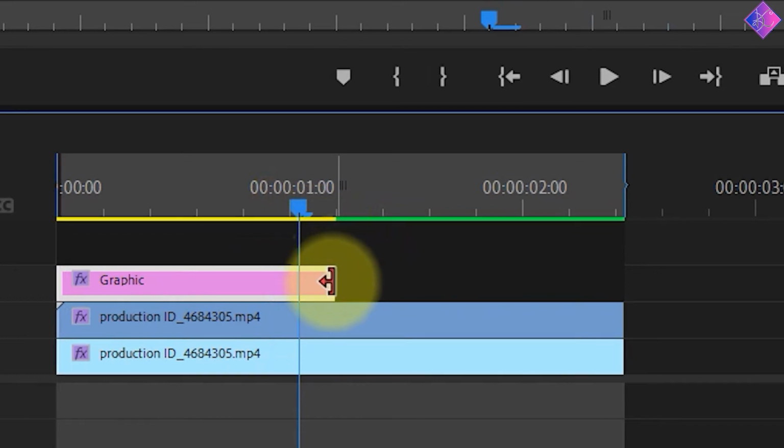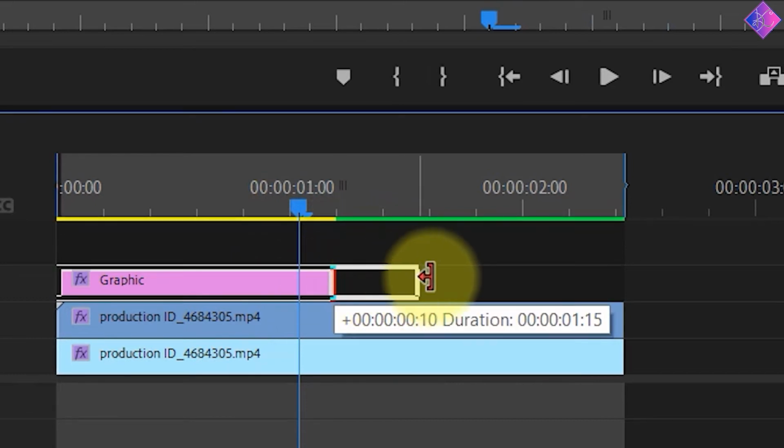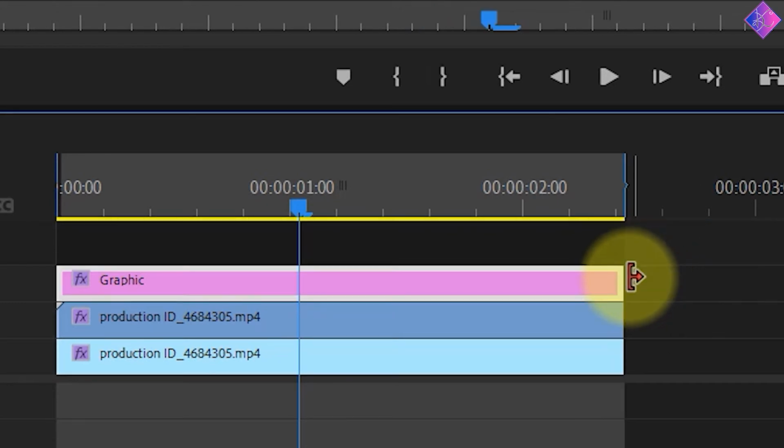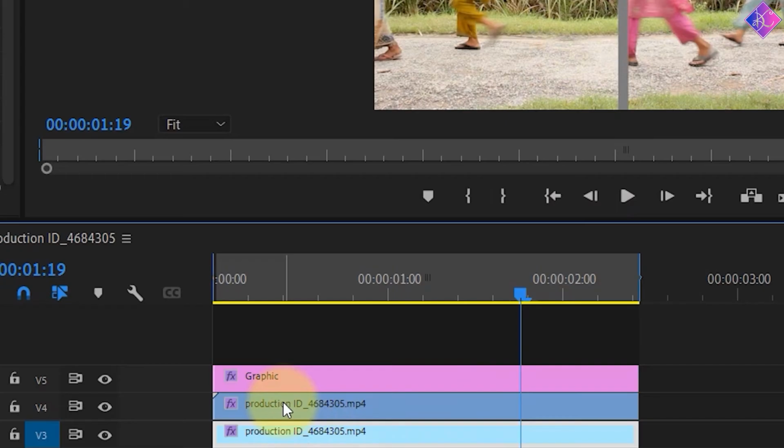Move your cursor to the corner of the clip until you see this red symbol. Then click and drag it to the length you want. I want the rectangle to last throughout the whole video, so I'm going to drag it up to here. Alright, as you already know, this footage is not something that was shot in order to create this transition. And honestly, I don't think having the rectangle graphic in the middle will work out for this particular footage, so